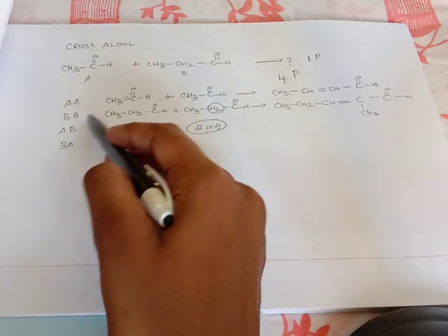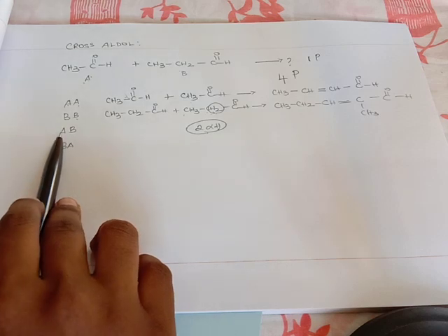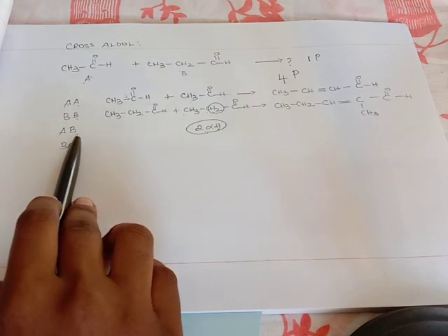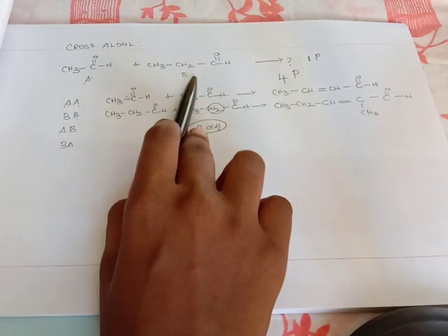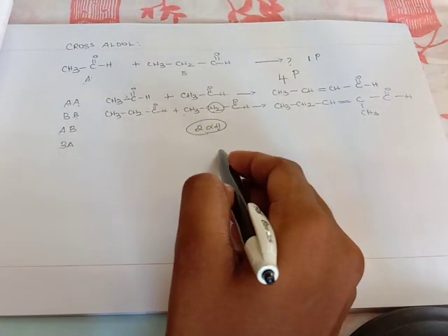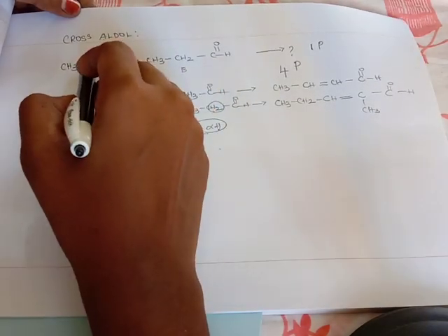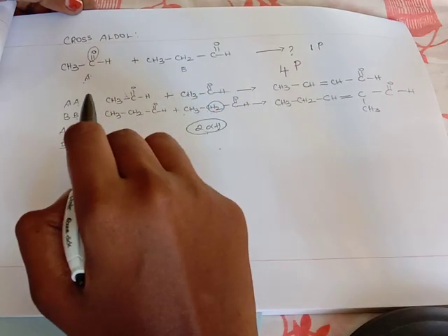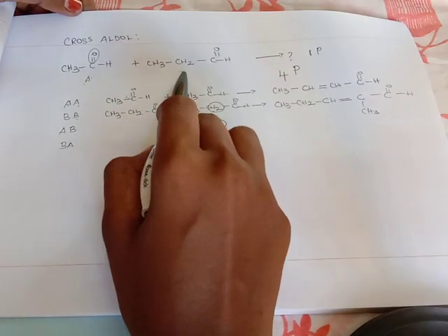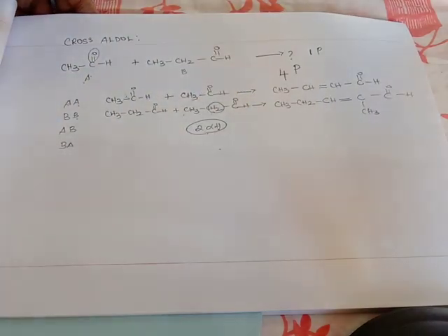Now we completed the self products. We are going to move on to the cross product. I said you have to react A with B, right? Which is our A? This one. Which is our B? Propanaldehyde. Should I write it again here, or we shall do this, right? Yeah. Remove the double bond O. Here you have to remove alpha hydrogen from here or here? Here. Very good. Because this is your alpha carbon.